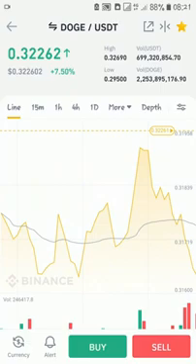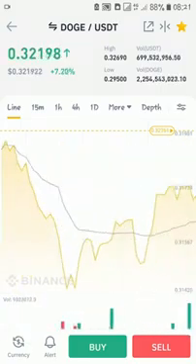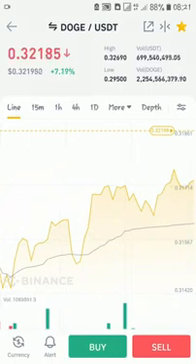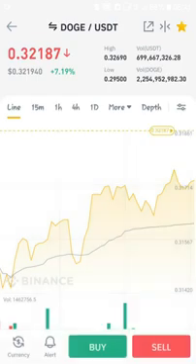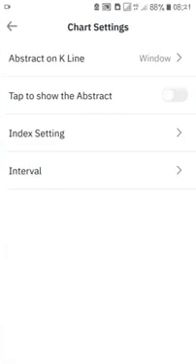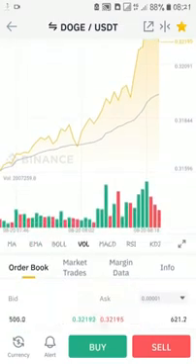There are also other things you can use to determine the market trend. If you can see this thing at the middle of my screen at the right, after depth, when I click on it, you see other things you can use to determine the market. So you can see indicators, you can see height, you can see drawing, you can see more. These are more things you can use to determine the market trend, so you know the best place to enter into the market and where to leave. I don't like using the lines. I like using